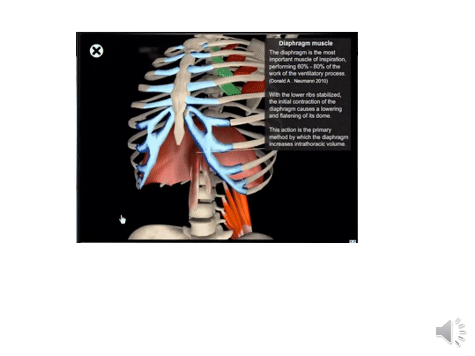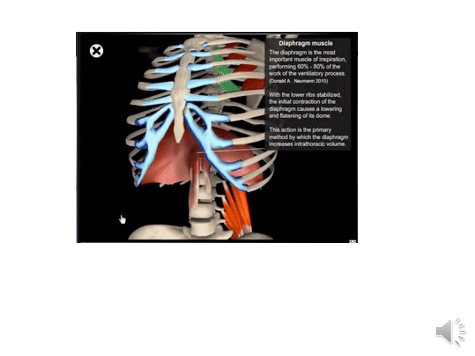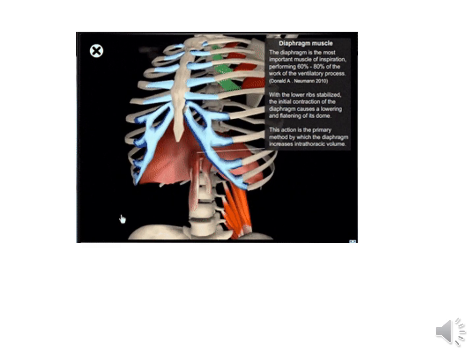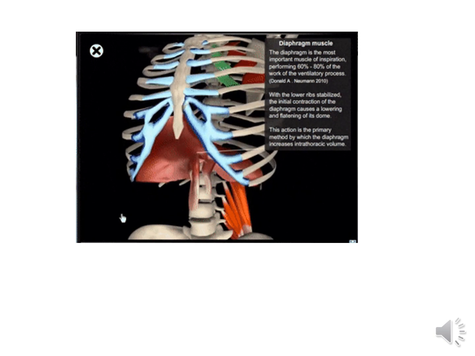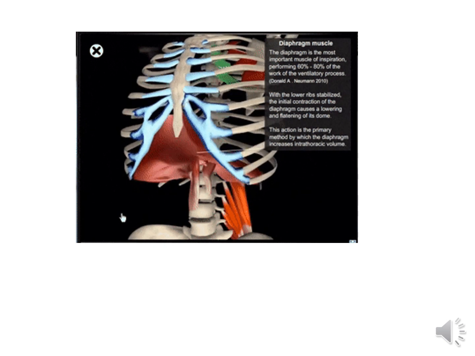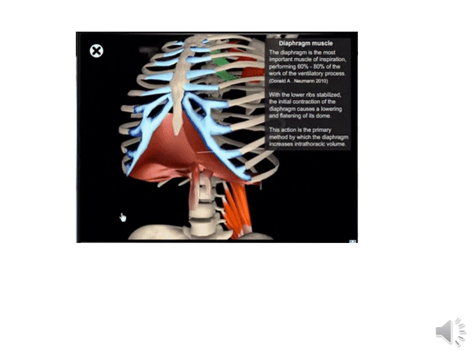So let's discuss the most important action of the diaphragm, that it is the principal muscle of inspiration. As we can see in this GIF, when the diaphragm is contracting, the lower ribs are fixed first of all, and the vault of the diaphragm descends, as we can see over here. It results in an increase in the vertical diameter of the thorax. Because the diaphragm is descending, it pushes or displaces the abdominal viscera, as a result of which the anterior abdominal wall also bulges forwards to accommodate the abdominal viscera.